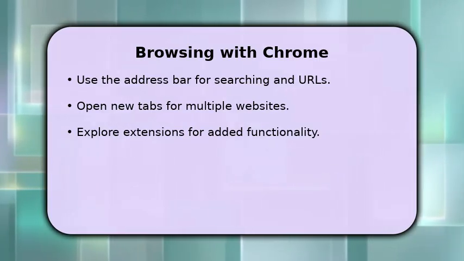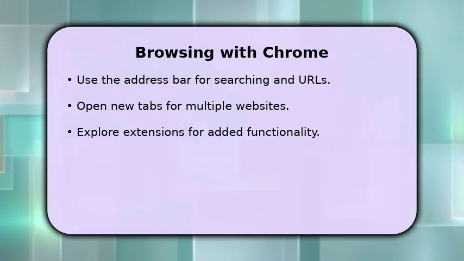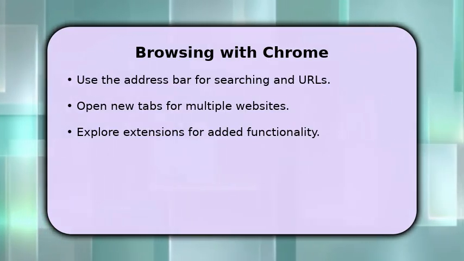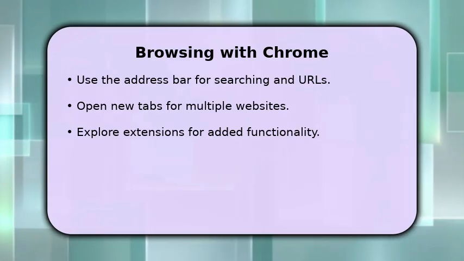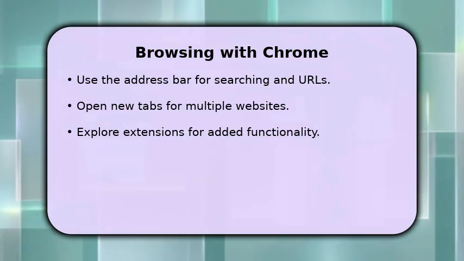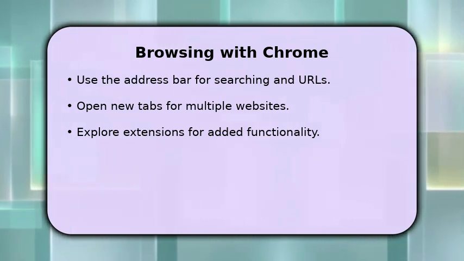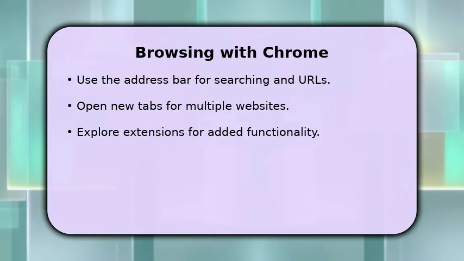The Omnibox at the top serves as both a search bar and an address bar. Just type what you're looking for or the website address. To open a new web page without closing your current one, click the plus sign next to your open tabs. You can also enhance your browsing experience by exploring the Chrome Web Store for useful extensions, adding new features to